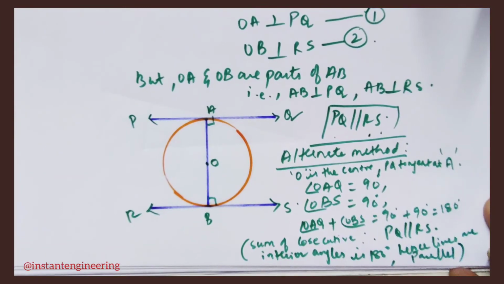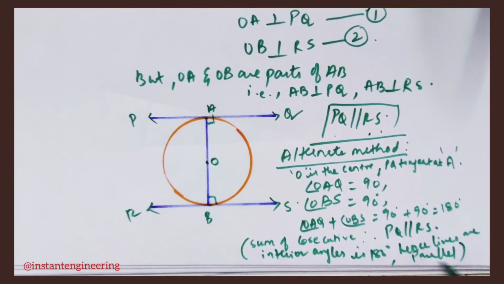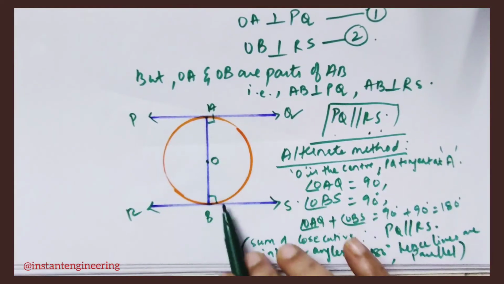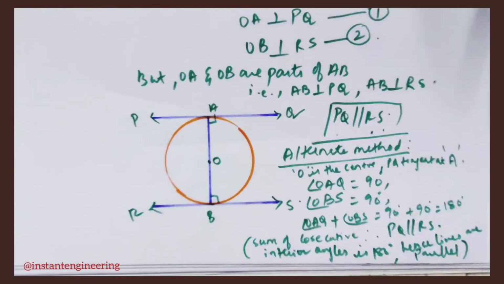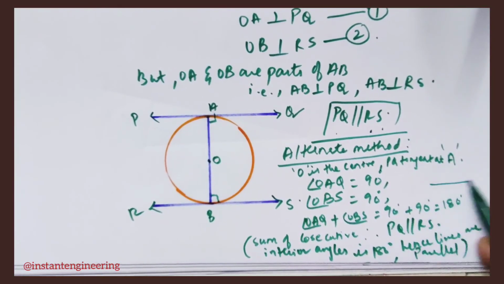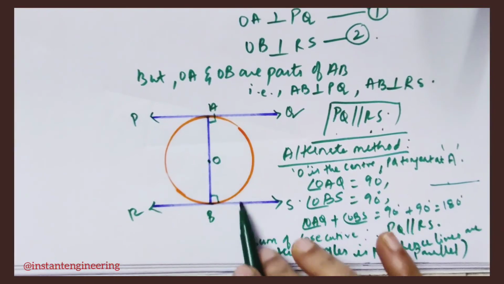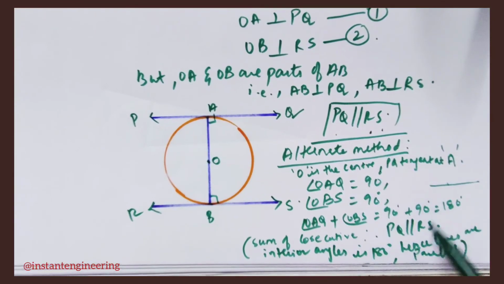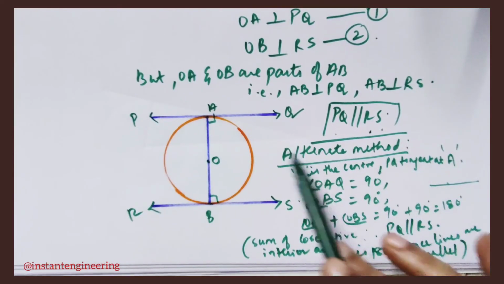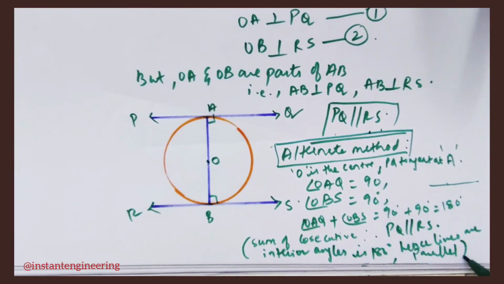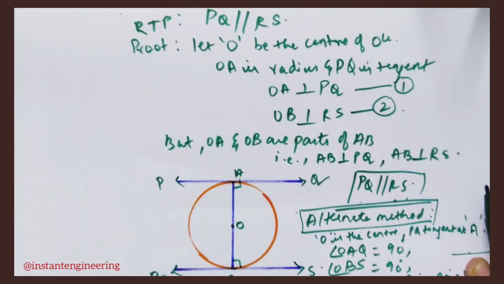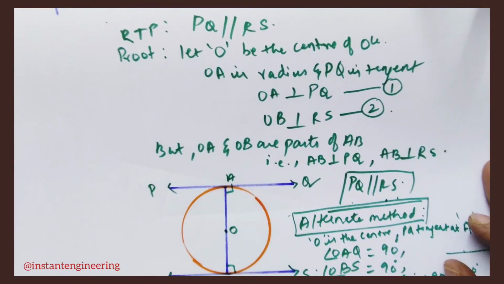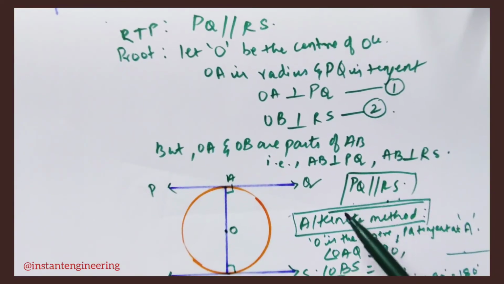Generally you will have this in the straight lines chapter, how lines are parallel or perpendicular, you will be learning over there, right? So if these are 90 and 90, 180 degrees, that means those lines are parallel. This is also another method, but it is a little confusing if you don't remember all these things. I just suggest the first one: just take the radius, make it perpendicular, and write it. It's very simple and easy.